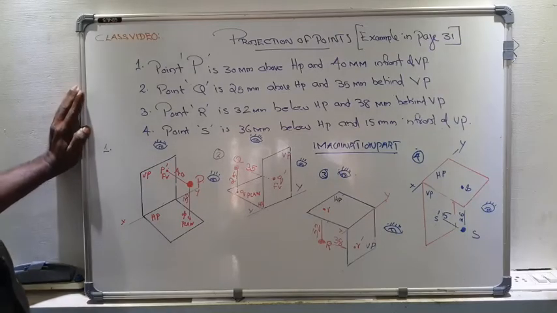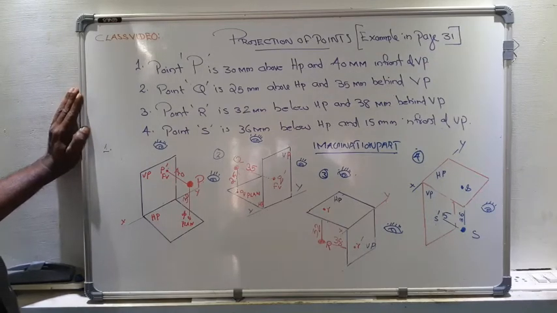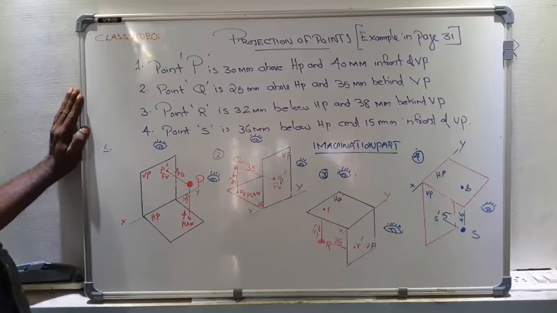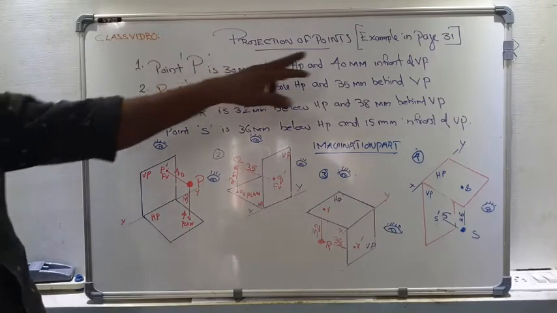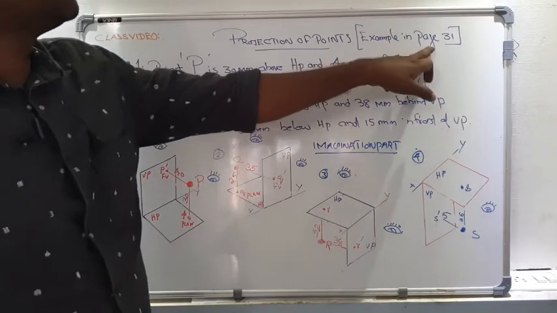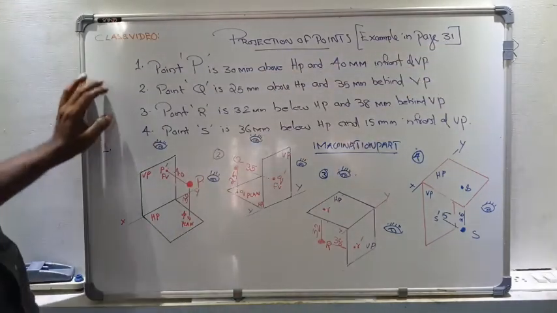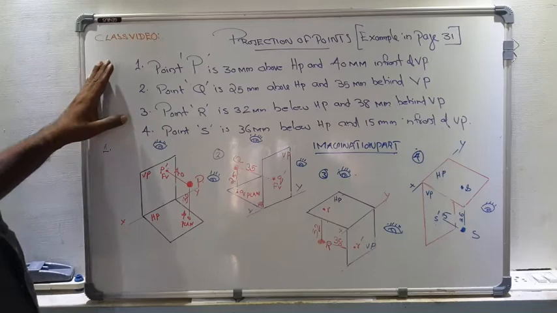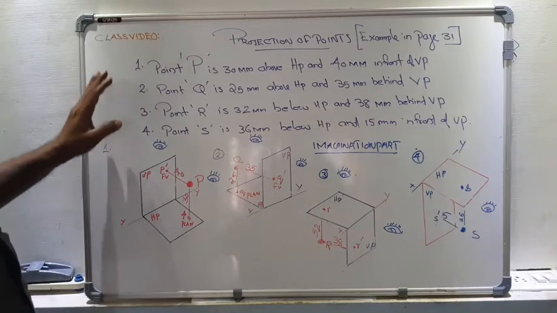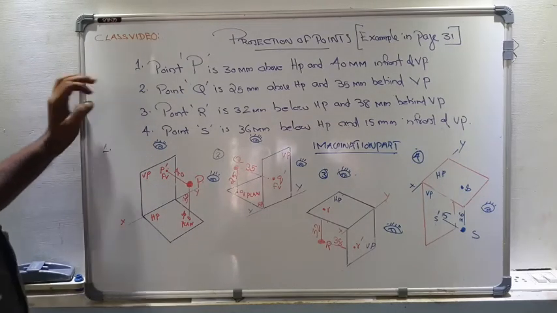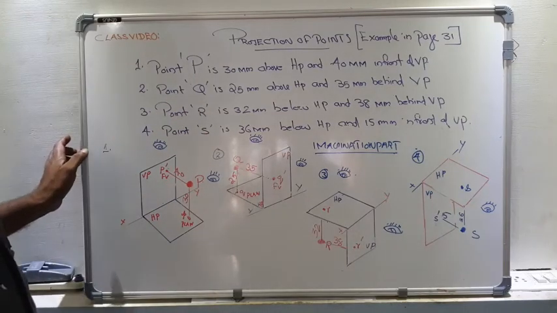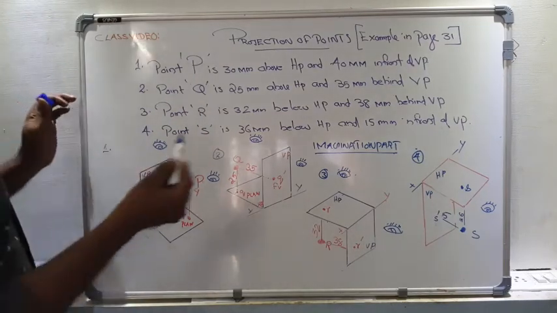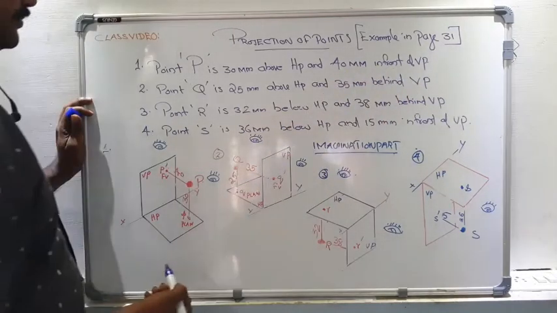In this class, we have to discuss another type of problems, especially in the case of projection of points. That means especially the example on page number 31. On page number 31, there are 4 type problems. First one, a point P is 30 mm above HP